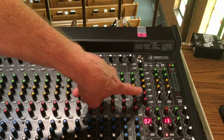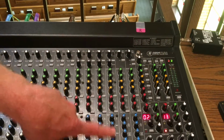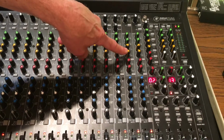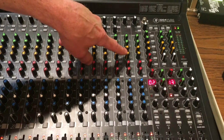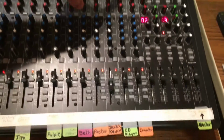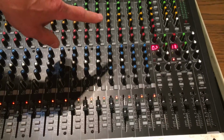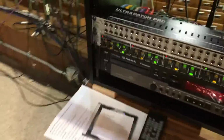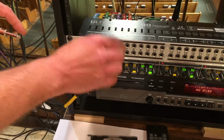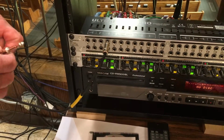So this is the master volume, and then the CD player has its own volume. If you're running more than the CD player, you can adjust it there. But aux 4 is where we're going to run. We're going to go back over to the patch bay. So we're going to plug into 4 up top because that corresponds again with the aux channel on the